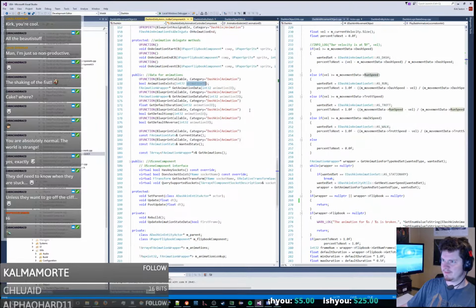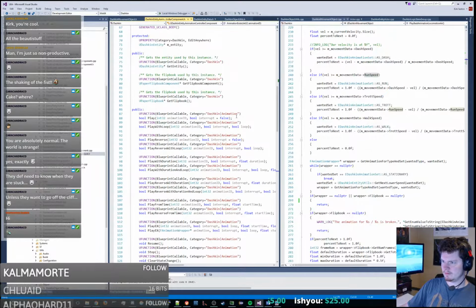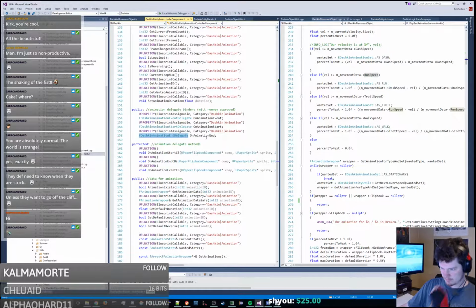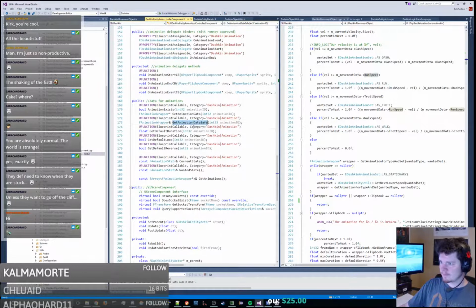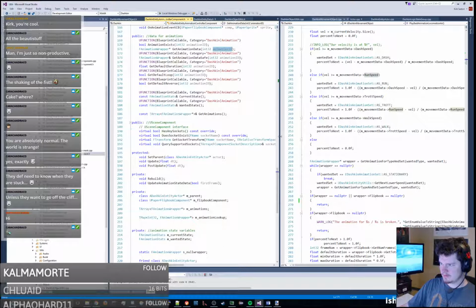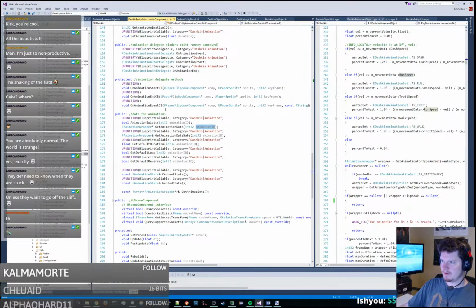And we'll have like some finder methods for it. So yeah, we've got these get animation data by animation ID. And we want a few other things in here, like